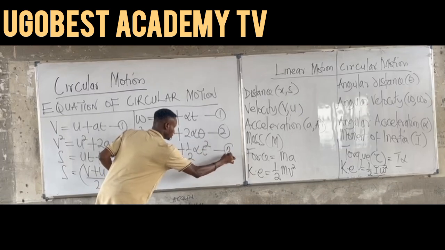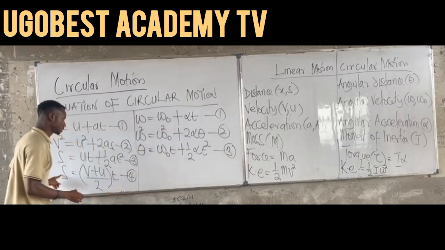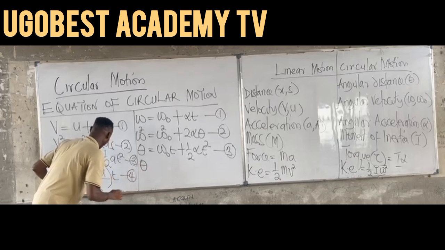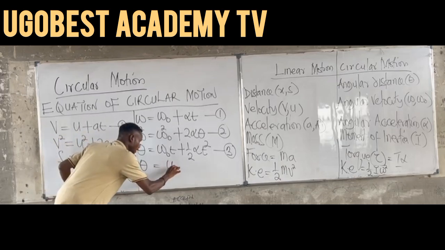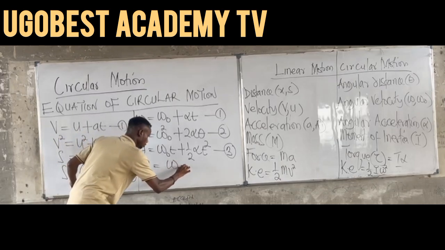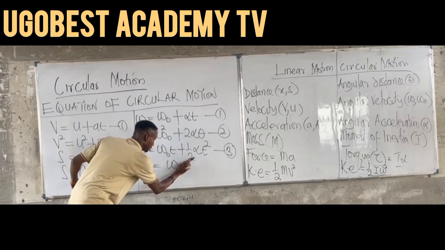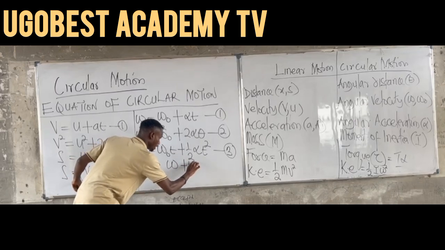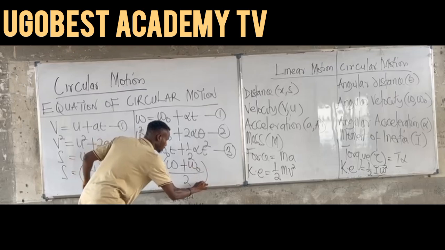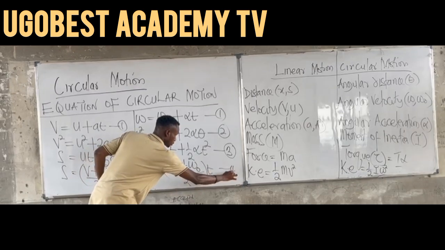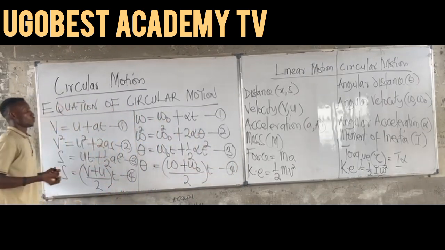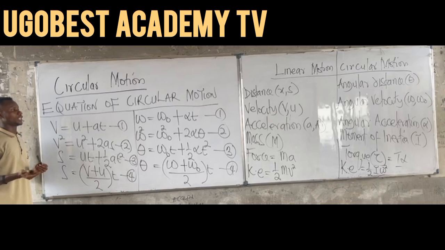This is equation 3. Lastly, theta will be equal to (omega plus omega naught) over 2, all times t. This is equation 3. Okay, now the next thing we are going to consider here is when do we use